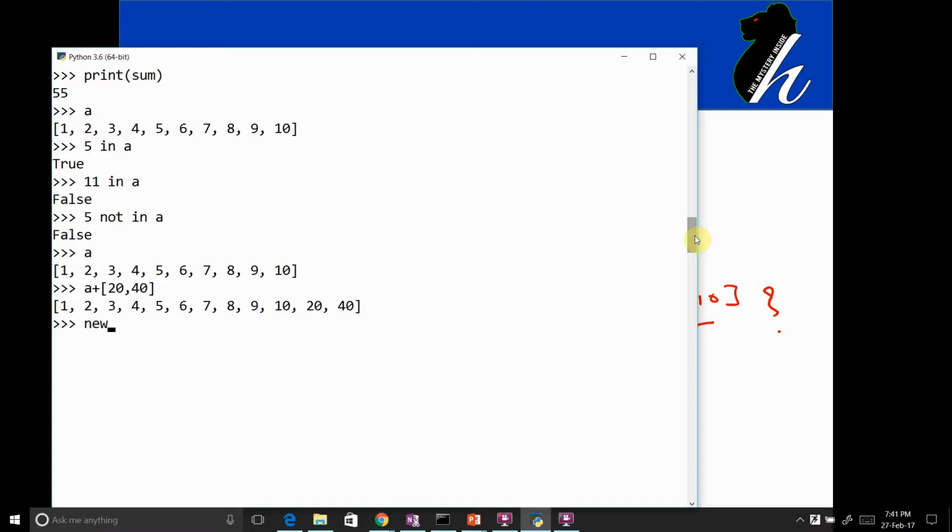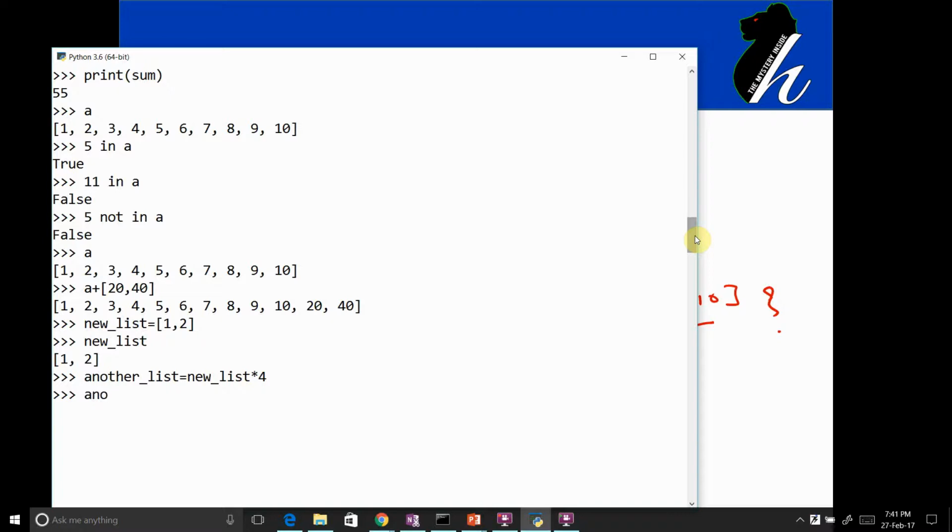Let's say I have some list, new_list equals to, let's say, 1, 2. So that contains some values. Now I wanted to create another list from new_list, and I wanted to create it for 4 times, like I wanted to repeat the elements of the list 4 times.